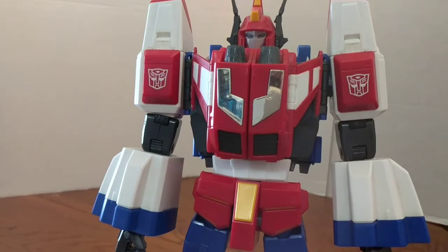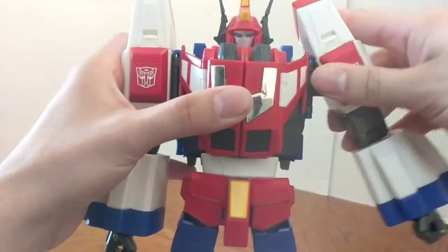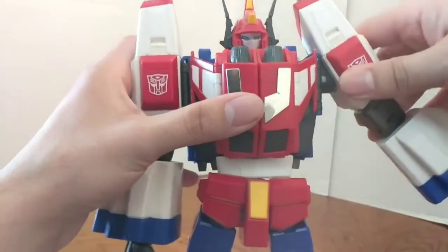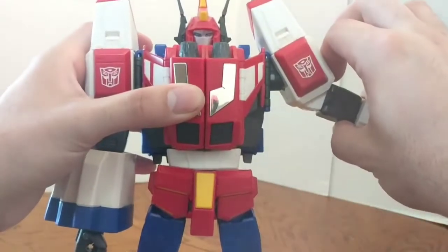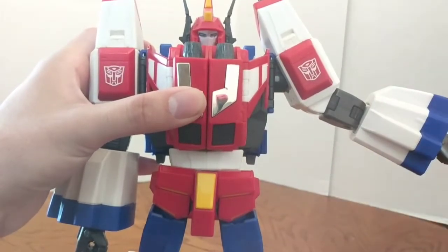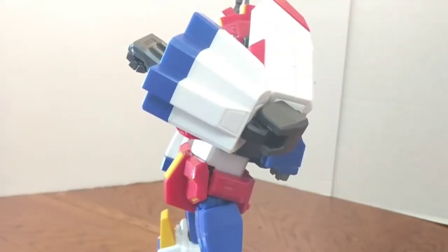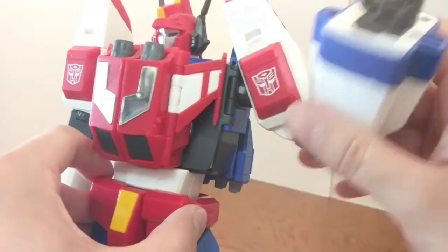Articulation wise, the head basically remains the same. The shoulders, on the other hand, are very stiff ratchets that go forward, that basically rotate, but you don't really get much in the realm of outward on the shoulder joint itself, but you get an extra joint down here to get further out for the arm. Double jointed elbow, bicep swivel that is detented,